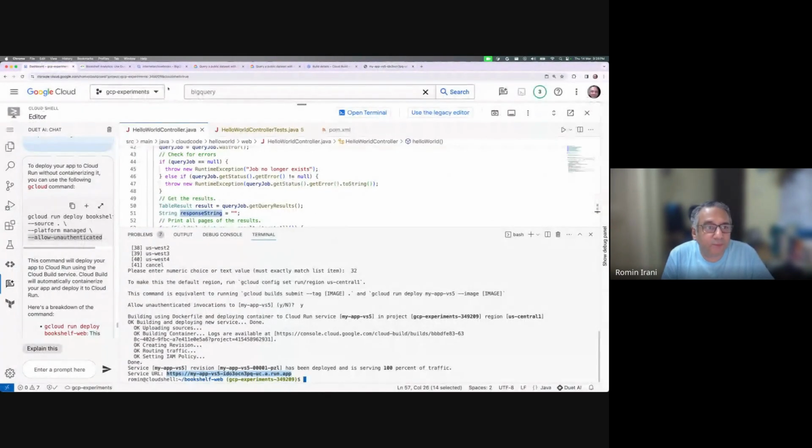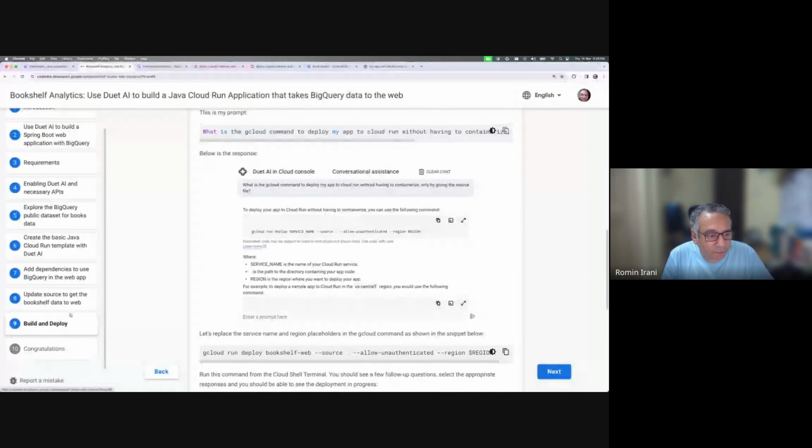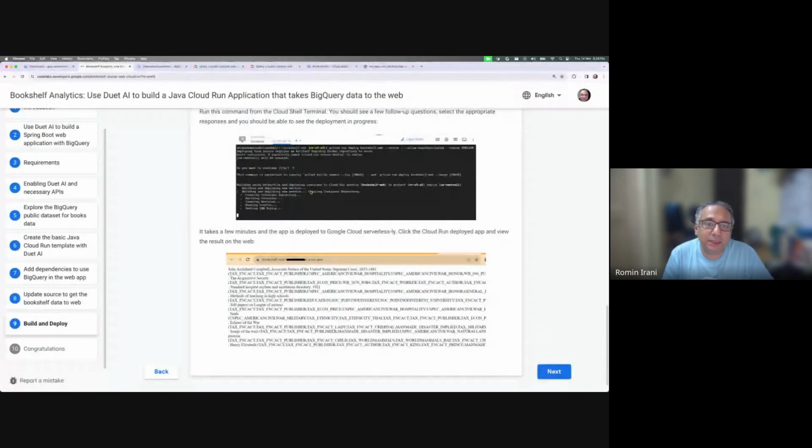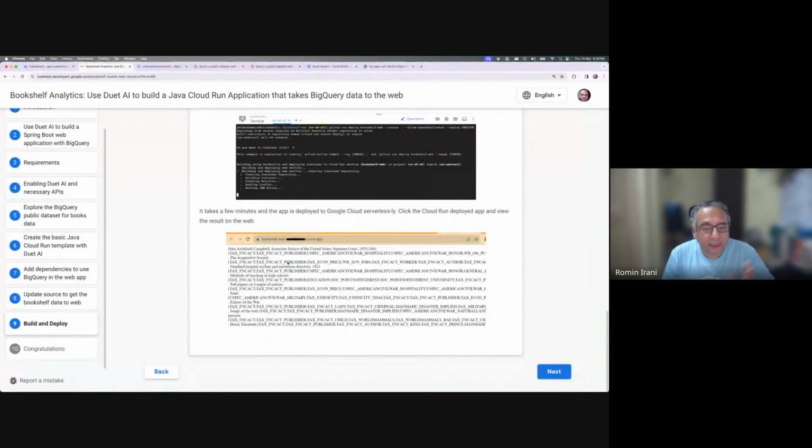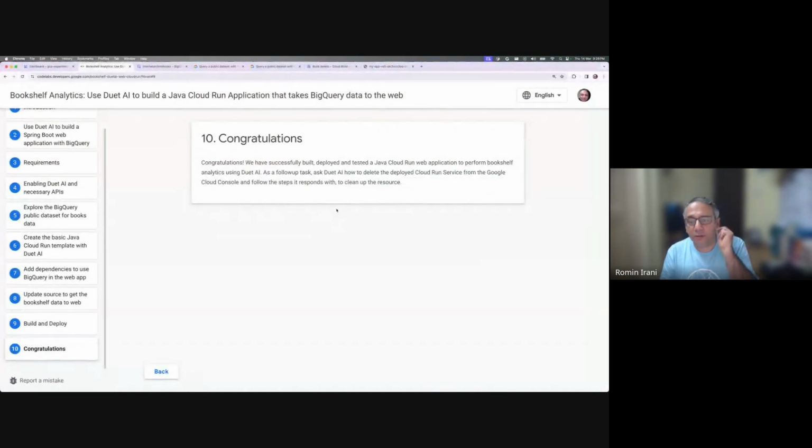So obviously this is revision one, right? You're free to now go back and make changes further, and you know now the sequence of things that happened. So that was part of the lab. It just builds this whole thing, takes a few minutes, you get a URL, and everything is fine. Of course, there are steps to deploy it, but I'll just want to show you a bit of the log